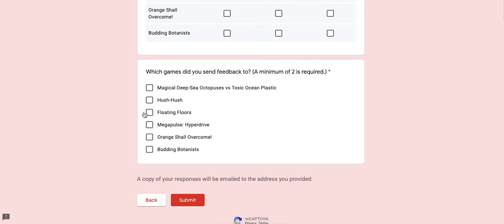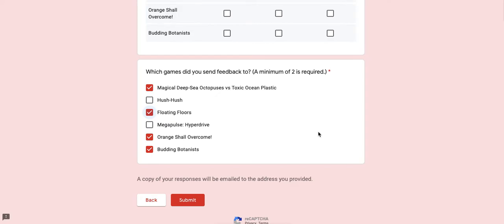So I've provided feedback on Floating Floors. If I had provided feedback on another page, I would select one of these. Remember, there is a minimum of 2 in order to submit these votes successfully. You can select as many as you want, and you can also deselect them. You would then hit submit,